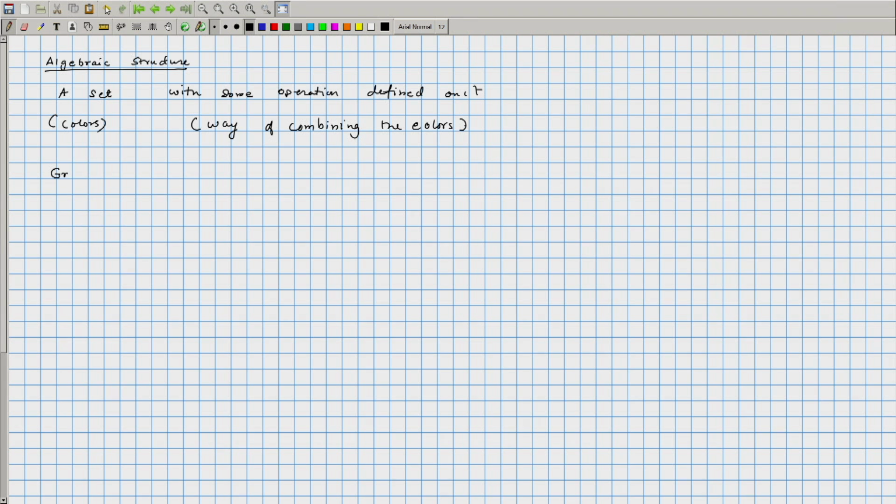So let us understand what groups are. Okay. So formally we need to understand what binary operations are, because this combining we are restricting to combining 2 at a time. You can combine more at a time, you will get more complex objects, but we will restrict ourselves to binary operations. So let us understand what binary operations are.